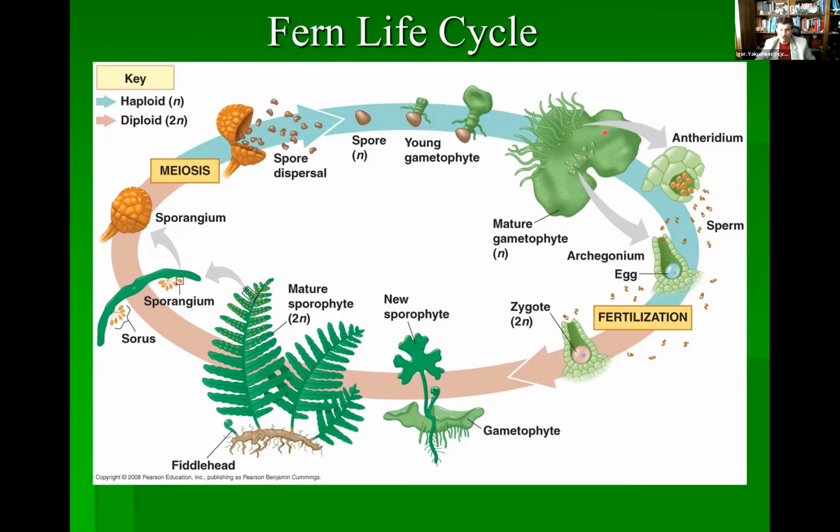Anyway, so in this particular case, this is the gametophyte producing gametes, fertilization occurs, and we start seeing that the zygote is now a diploid organism, and out of the zygote, we'll start seeing the new sporophyte growing, also green, so it's not really parasitizing its gametophyte. The new sporophyte eventually will grow into a mature sporophyte, and the whole cycle continues. That's very simplistically said, without going too much into the details of the fern life cycle.